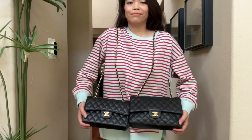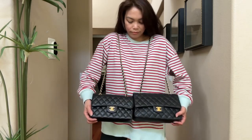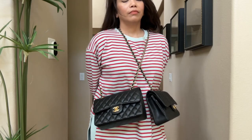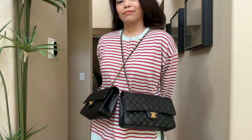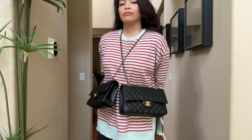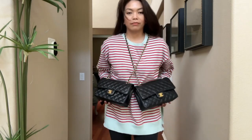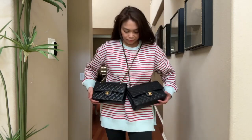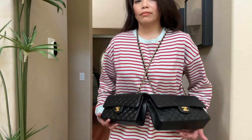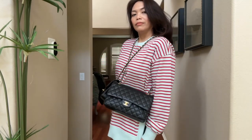I'm actually going to start using the rep bag. I just feel like the small size feels and looks better on me because it's a little bit of a stiffer structured handbag. I like it to be a smaller bag, especially when I'm not carrying a lot and I don't need all that space. To me, the small size is a better choice, and I never found one that I really liked until now. I really like the small bag and the size and the